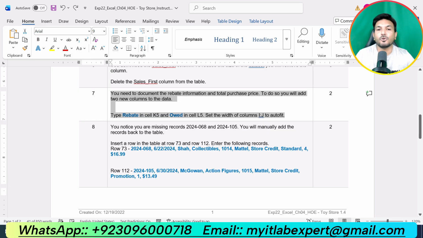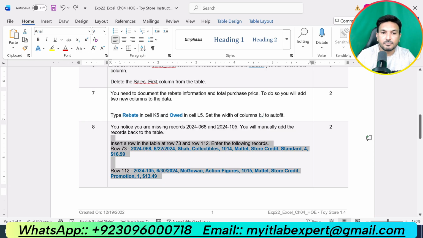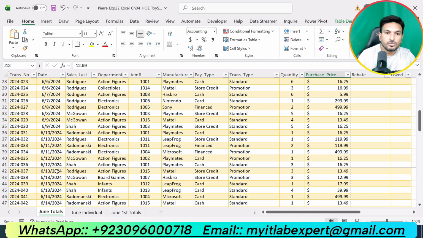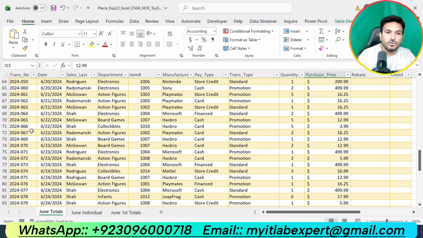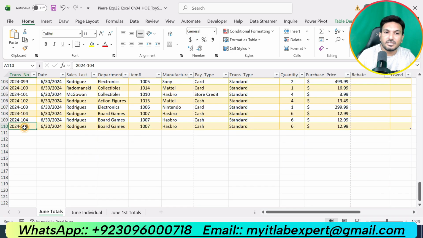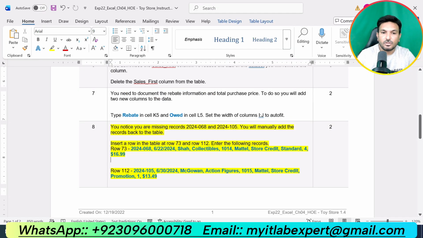Now we are supposed to do the next step, that is step number 8. You notice you are missing records 2024 068 and 2024 105. You can see we have 067, but we don't have 068. So that is missing, and then 104 is given, but 105 is not given. Then we insert a row in the table at row 73 and row 112. Enter the following records. So we are supposed to add 2 records into row